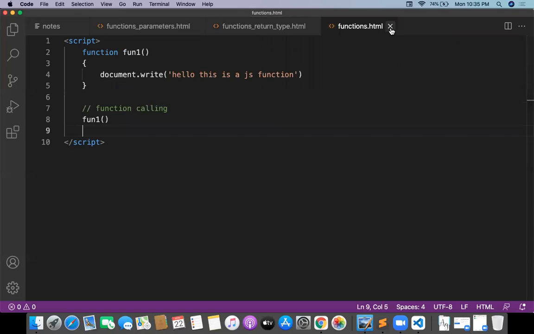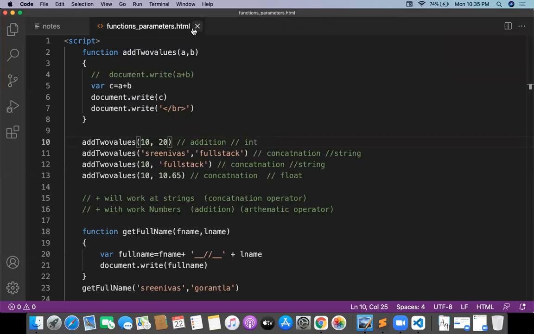There are multiple kinds of functions we are going to write, like function with parameters and function with return type. And we will discuss one more concept, a simple calculator program. We will see about the functions. We will try to work out all the functions and do one simple calculator program on these functions. Then we will move to another concept.